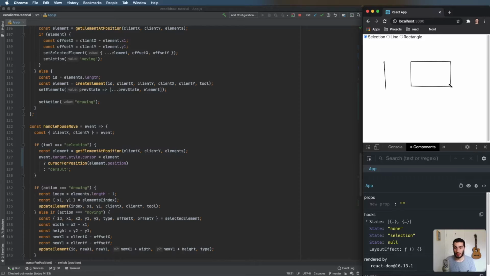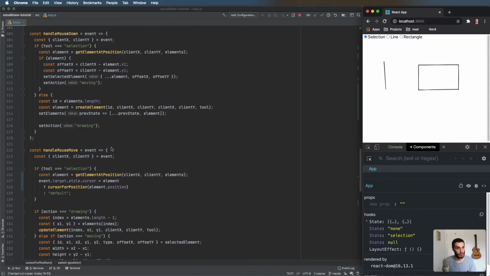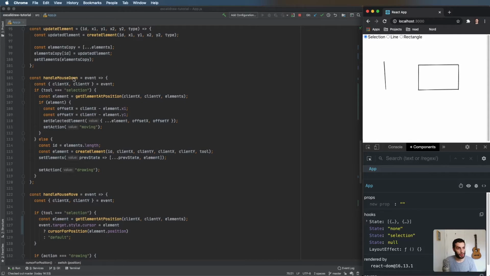So now we need to handle the actual resize. Now, if we click on it, it's still going to do the move because it still thinks we're moving, right? So the first thing we need to do is differentiate resizing from moving, and then do the resize. So if we go up to our handle mouse down function,